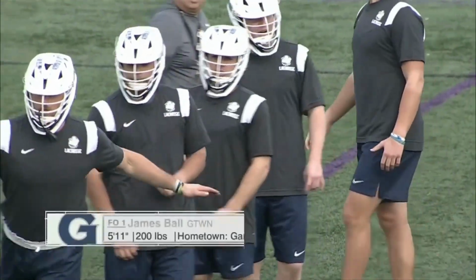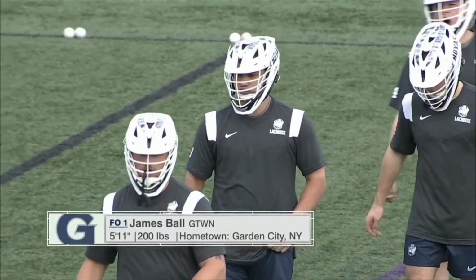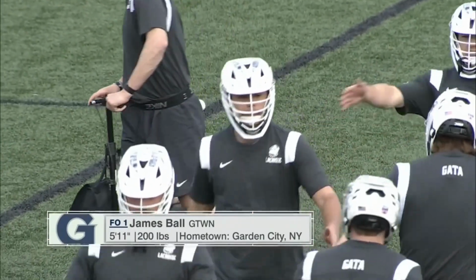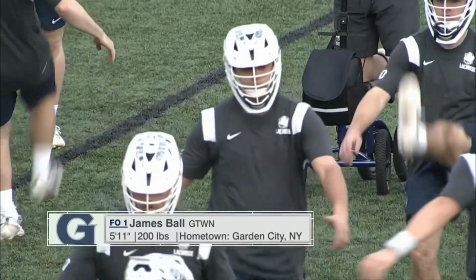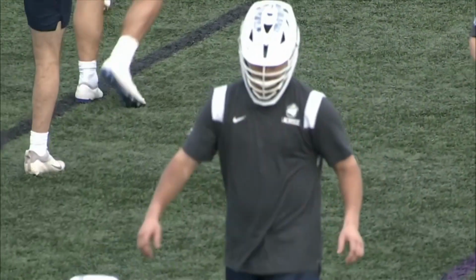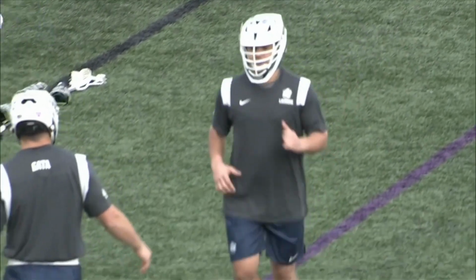The energy out on this field right now as we get ready to look at our players to watch. James Ball gets the look this week, the Long Island native and the Chaminade boy for the Georgetown Hoyas. Yeah, Mike, James Ball has owned the face-off circle for the Georgetown Hoyas. 53 for 91 so far this season for a .582 face-off percentage. This is a guy who is very talented around that circle. He loves to get possession early for the Hoyas, and it's a big reason they have had so much success